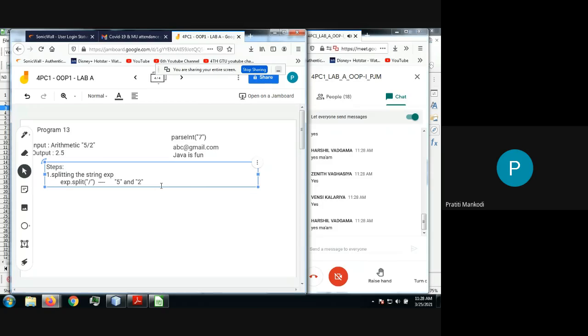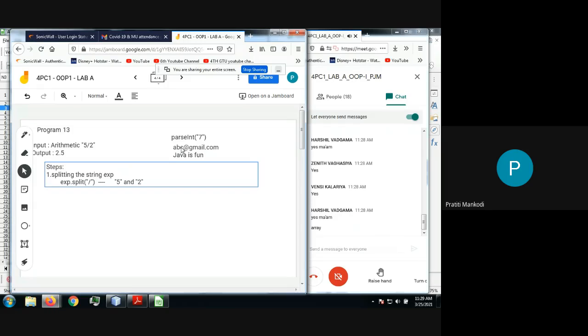Another question. When I split, what will the split function return? This is very logical, and if you have everything in your mind related to Java, you can answer. Forget about this example. Give me a generic answer.